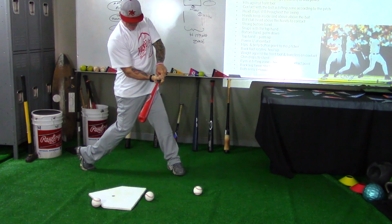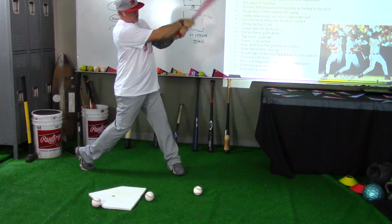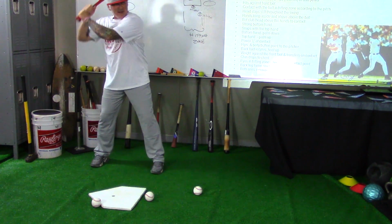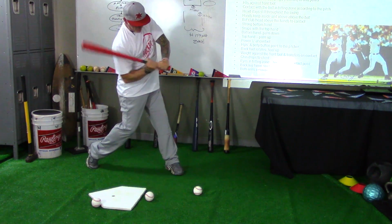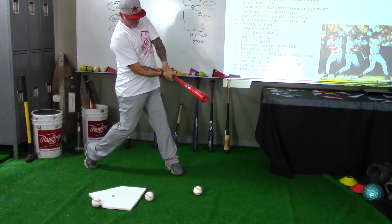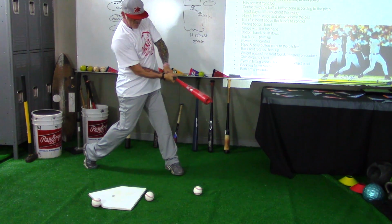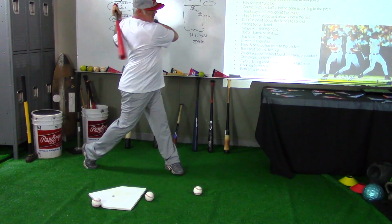My chin's down as I make contact, and then I'm going to push through and finish my swing. If I'm going to go to the inside pitch, my hands, again, they have to get inside the ball, and I've got to get here, okay? I got to meet that ball a lot quicker. I've still got the same relationship so that I can hit that ball and drive through that ball and finish,